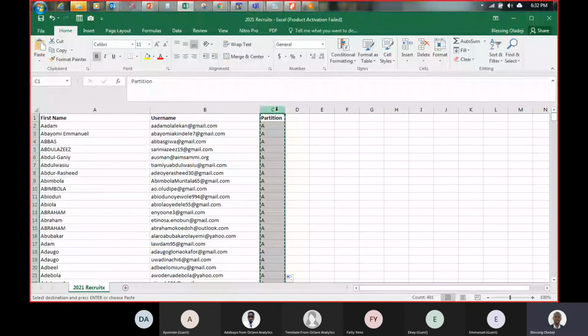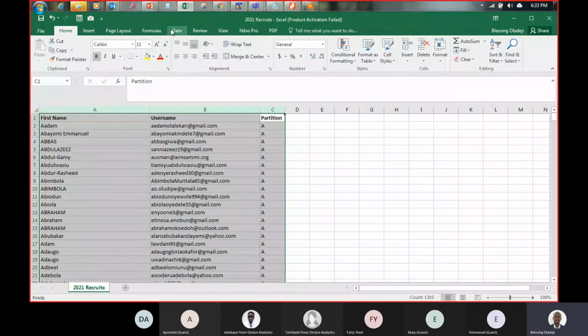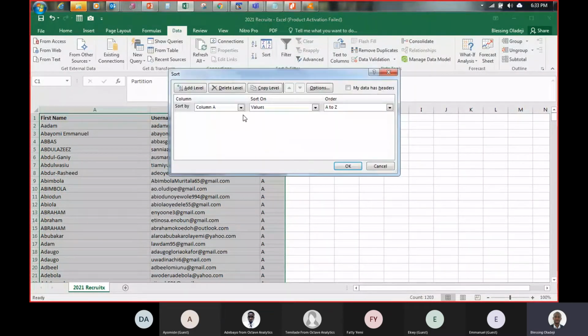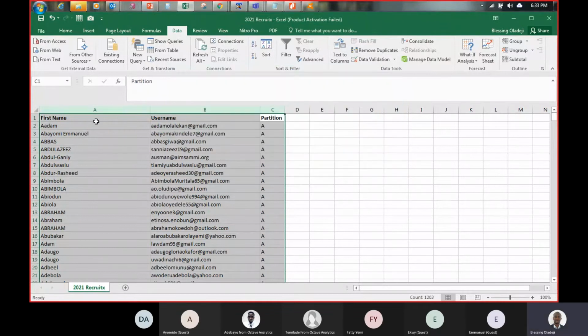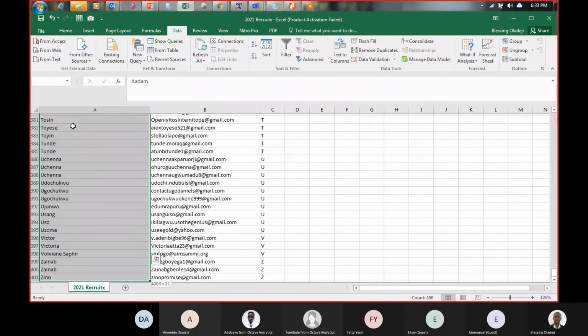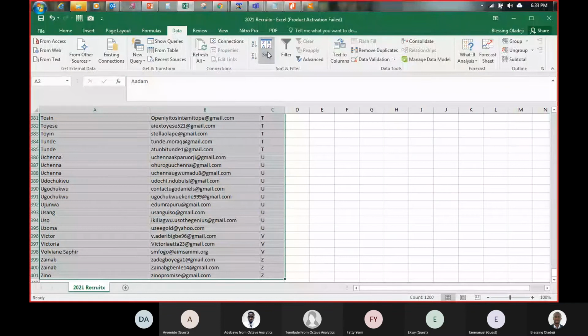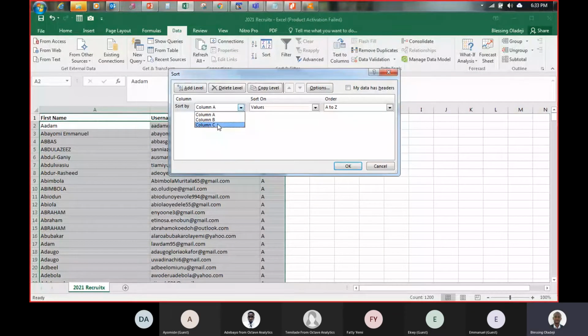So I paste it. Now, so if then I'll go and sort this. No. Sort by column. Let me just sort it by